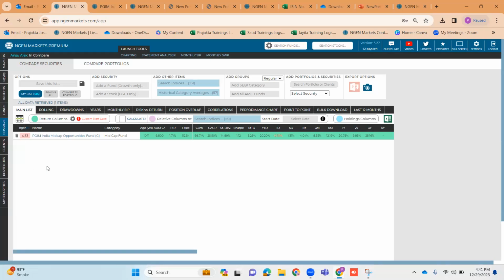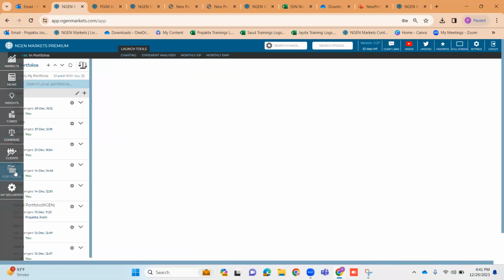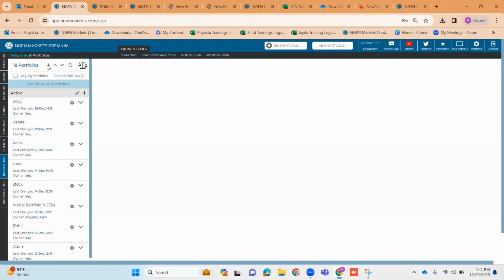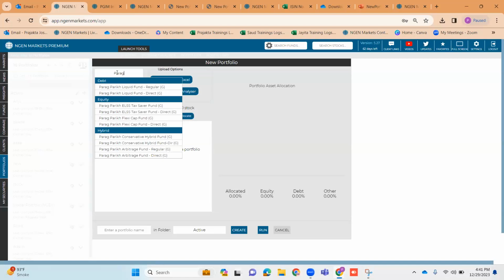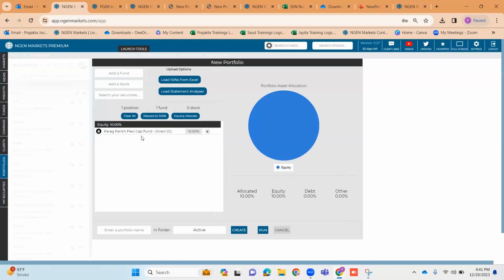नहीं सर, एब्सोल्युटली साथ में आ सकते हैं। सिर्फ पोर्टफोलियो से, जब भी आप पोर्टफोलियो बनाओगे, उस टाइम पे वो फंड्स अकॉर्डिंगली चूज करने हैं। एग्जांपल, लेट्स से एक क्लाइंट के पास पराग पारेख का जो फ्लेक्सी कैप है, वो डायरेक्ट है, ठीक है? तो यहाँ पे एक डायरेक्ट ऑप्शन है, तो यहाँ पे आप चूज करते टाइम वो वाला फंड चूज कर लेना।